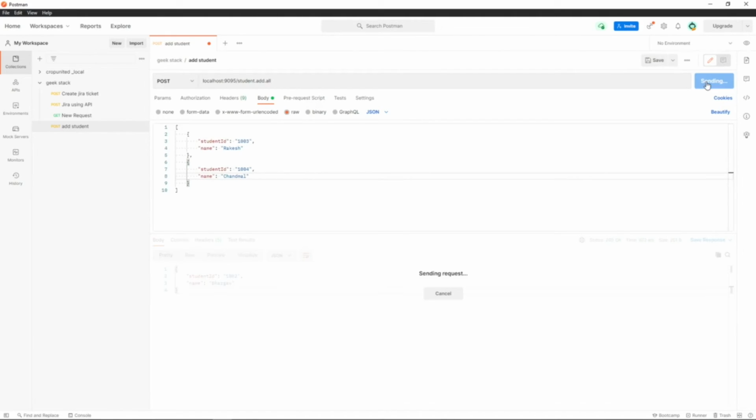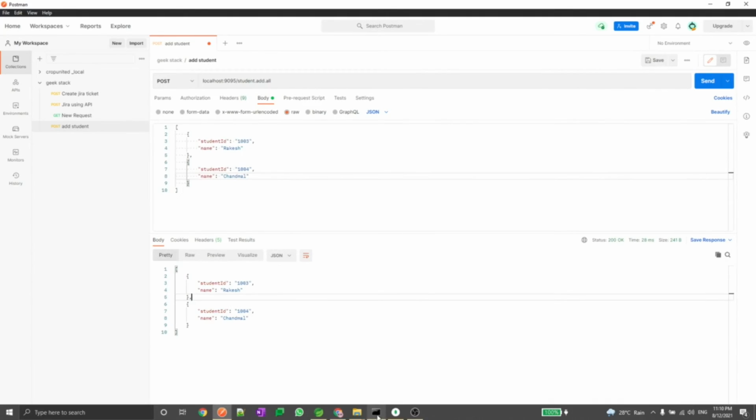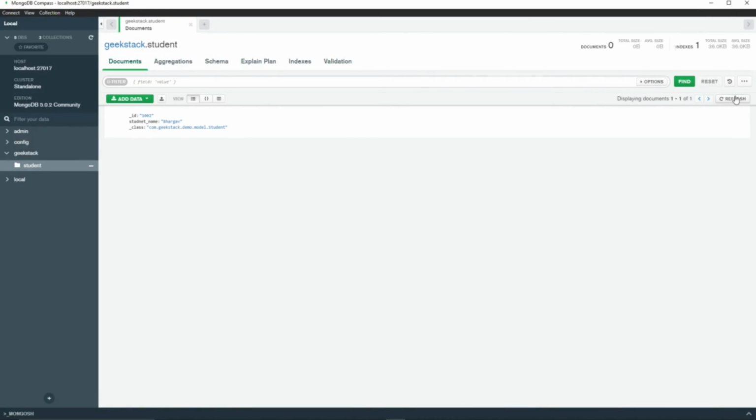Then send. See, similarly our saveAll method is also returning the data which it is storing. That's why I'm getting this response in there. Let's go to MongoDB and check. See, all this data got added over here.